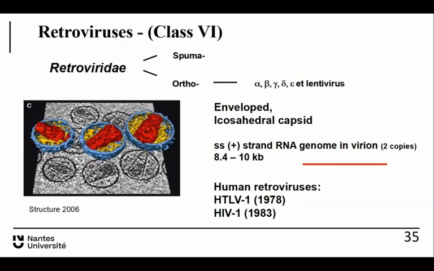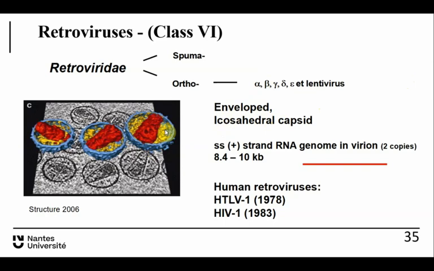So these are viruses that have a plus strand RNA genome in the virus particle, but in the infected cell, they replicate via a double-stranded DNA intermediate. So retroviruses is quite a diverse family with spumaviruses and orthoretroviruses. And among the orthoretroviruses, we've got 5 genera plus lentiviruses, so 6 genera. All of them have got enveloped icosahedral capsids, and in lentiviruses, you've got this very specific conical shape of the